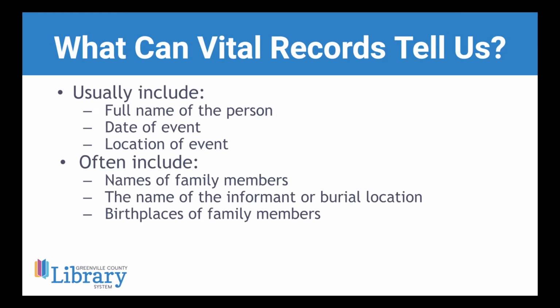So all of these different things can be clues to other information about your ancestors and ways to look for other records. And then, like I mentioned, it can maybe include birthplaces of family members too. And that can be on birth records, marriage records, death records. And it's going to depend really also on the state and the county and what their forms look like, what information was collected, and that can vary over time. So you may have a more simplistic form, and then earlier or more recently, that might be a more extensive form.